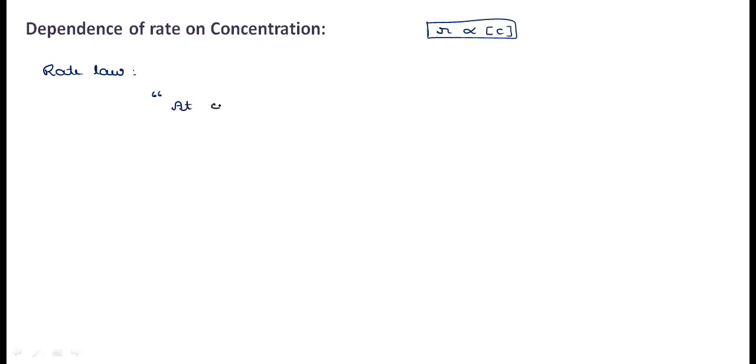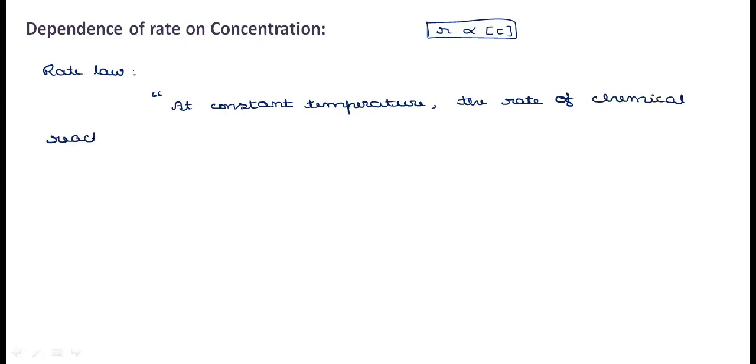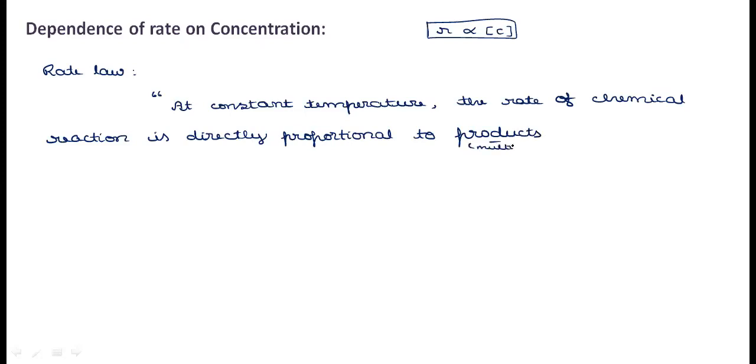The rate law states that at constant temperature, meaning the temperature is maintained at the same condition, if you measure the rate of a chemical reaction, the rate is directly proportional to the products of, here products refers to multiplication, not the reaction products, the molar concentrations of reactants